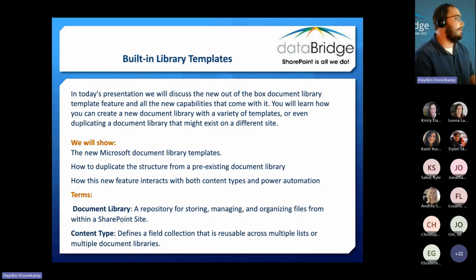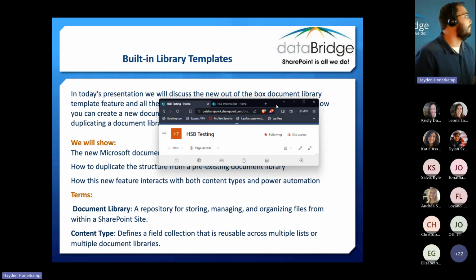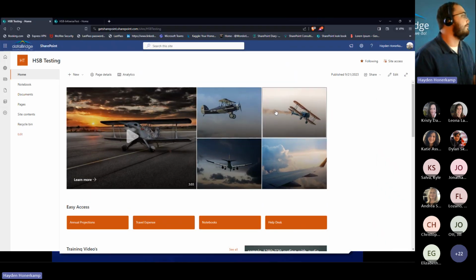And then content types defines a collection of fields that can be reproduced and repurposed on multiple lists or multiple document libraries. With that said, I will go ahead and show you a quick example. So if you were utilizing SharePoint and you wanted to create a new document library and you hit this new